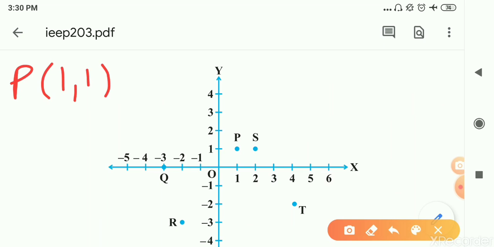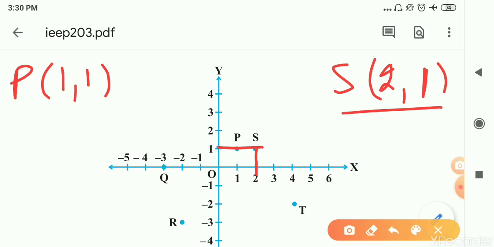Now for S, you can see the perpendicular distance of point S from the x-axis and y-axis. From the x-axis the perpendicular distance is 1, which is actually the value of the ordinate, and from the y-axis the perpendicular distance of point S is 2 units. So we can say the coordinates of point S is 2 comma 1. You got it? Okay, so let us move to the next, that is